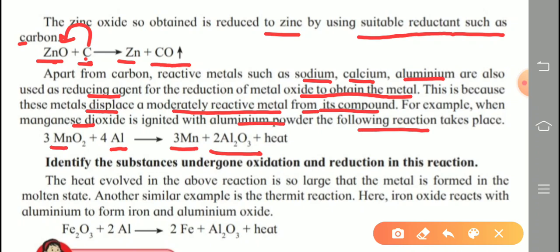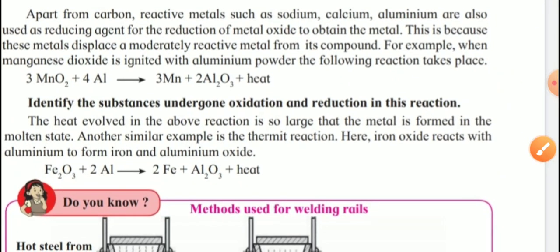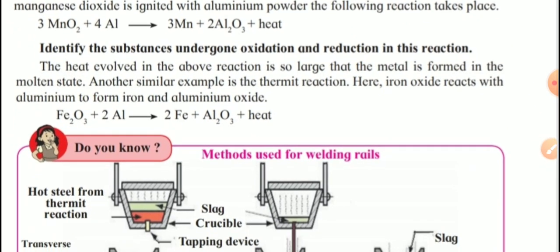Last time I showed one video also. Plus heat is released. Question is given, identify the substances that underwent oxidation and reduction in this above reaction. Which reactant shows the oxidation and which reactant shows the reduction? You write the name of those reactants. All are getting? This is a homework question. I will give the answer in our assignment. First of all, you try to find out the answer.